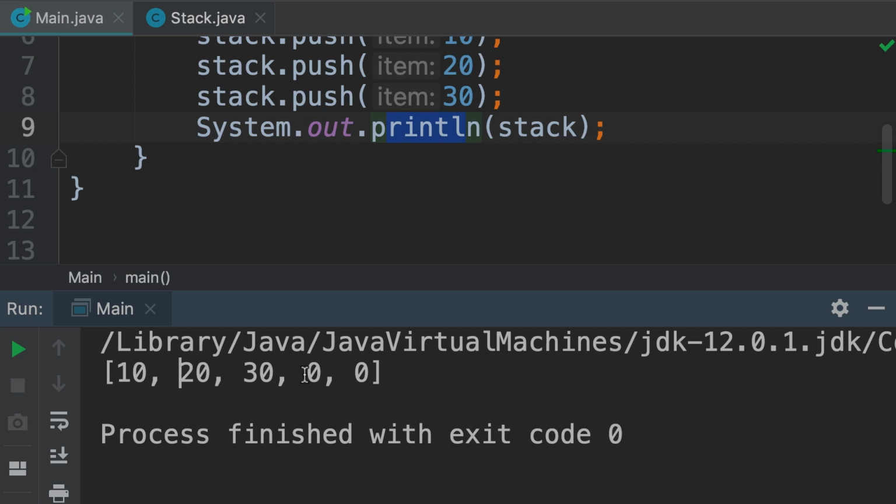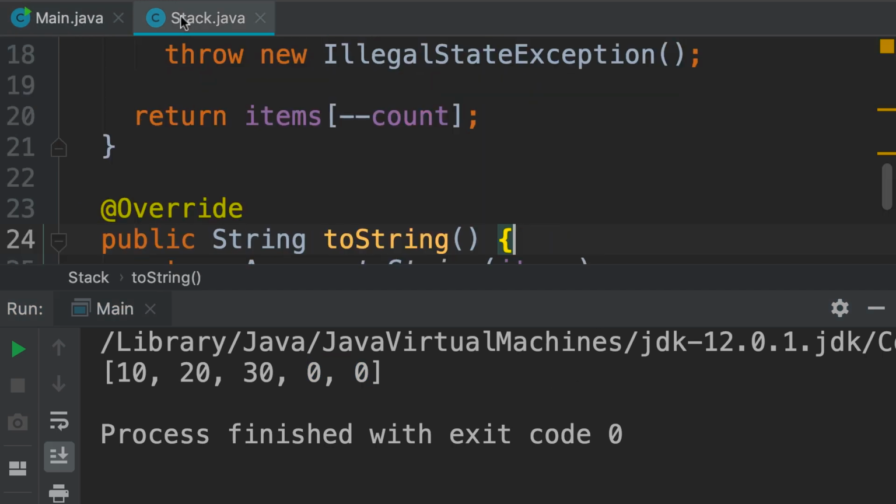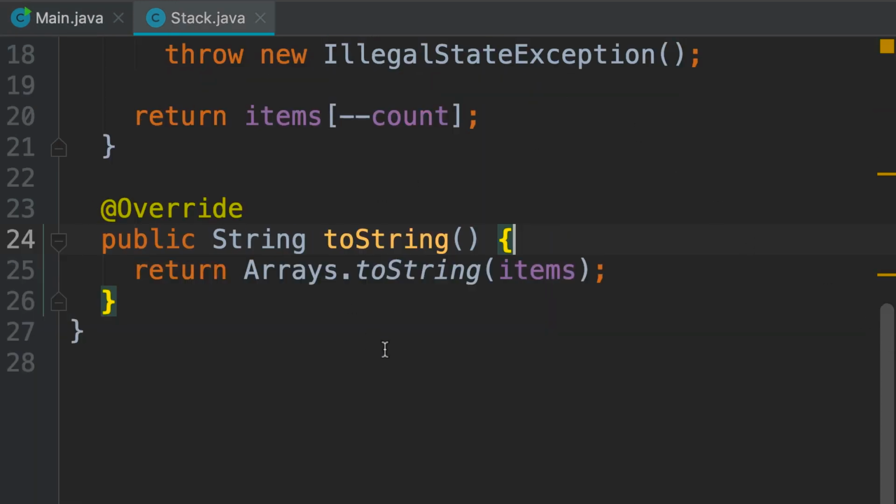However, when printing the stack, we shouldn't see these zeros. But this is very easy to fix. We go back to our stack class. Instead of converting the items array to a string, we should copy the content of this stack into a separate array and then convert that array into a string. So here we call